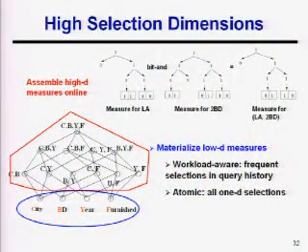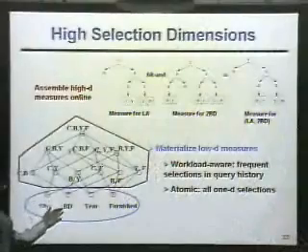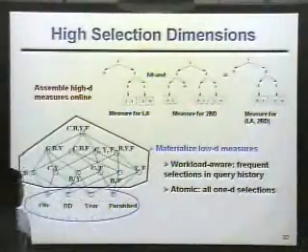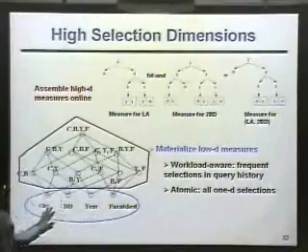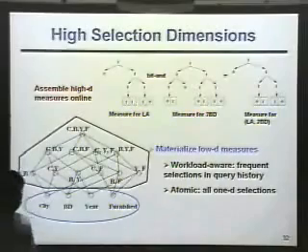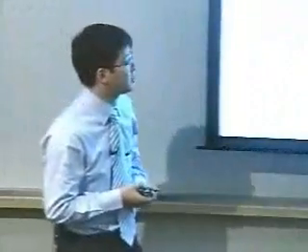For high selection dimensions, this is a very simple solution. For example, we have 4 selection dimensions. One is city, one is the number of bedrooms, one is in which year the apartment is built, and whether the house is furnished. If we consider all kinds of combinations, there are 2 to the power of 4, all 16 different dimension combinations. If we do not have so much space, we are only able to afford some partial materialization.